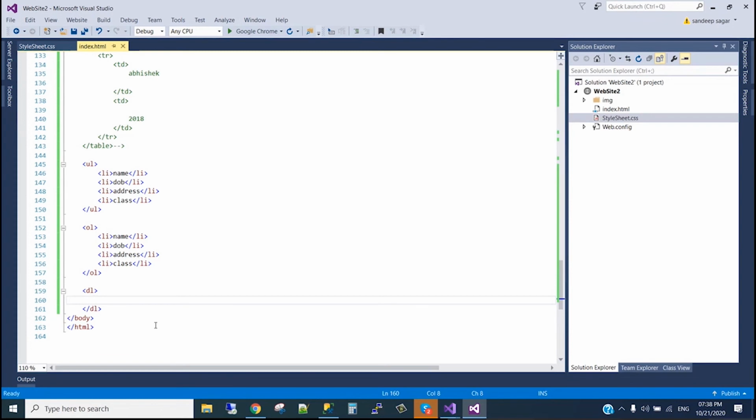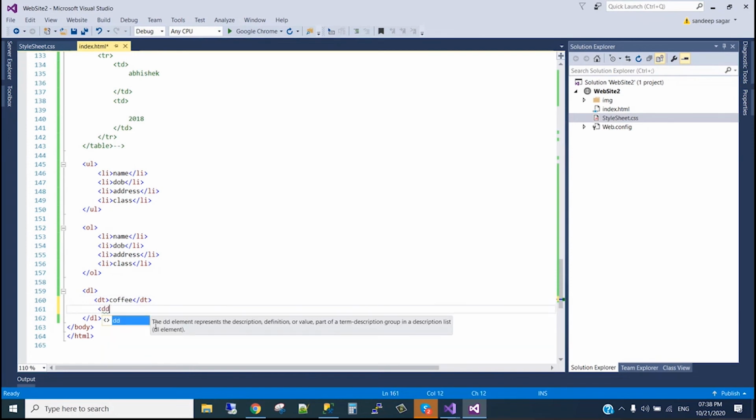So let me show how it works. If we use dt, for example coffee, and in the dd tag we write something black